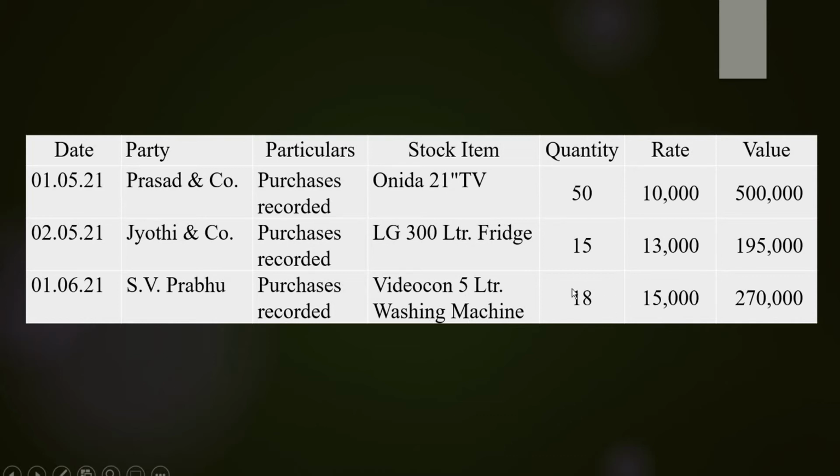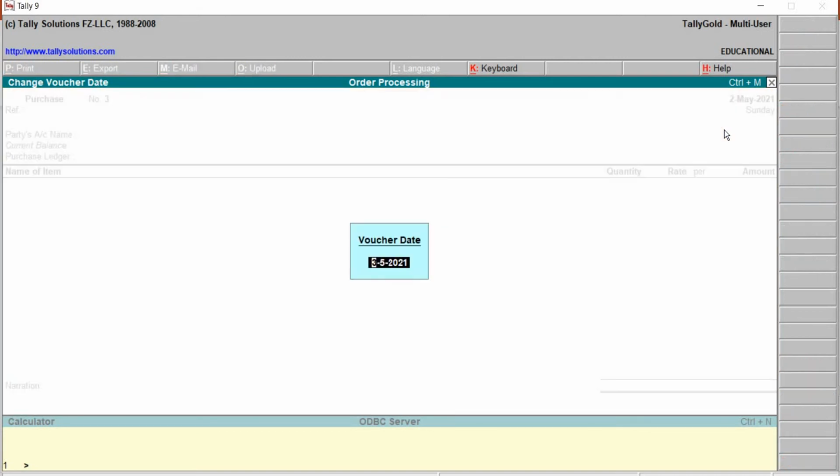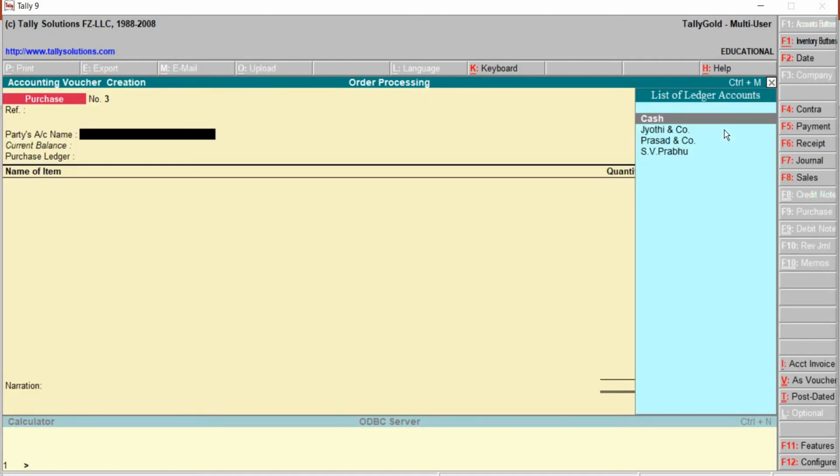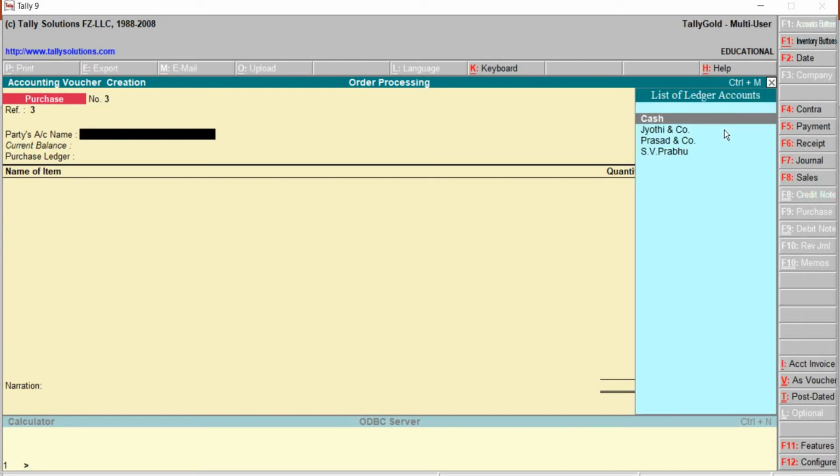Quantity received was 18 amount. Let's see this particular recording. 1st of June. Change the date. Okay, we will provide the reference number will be 3.